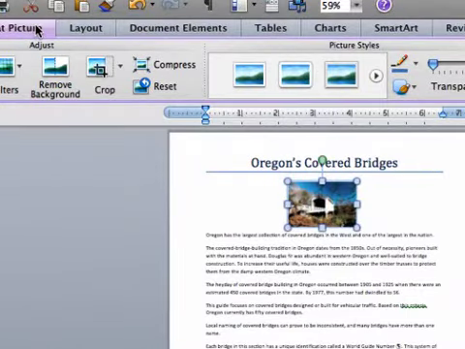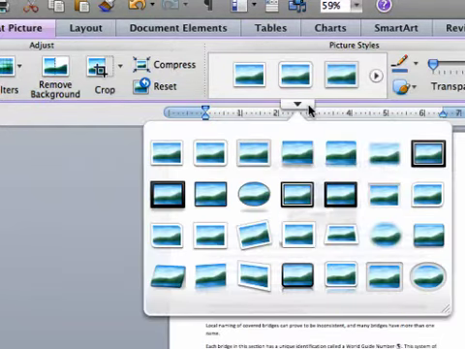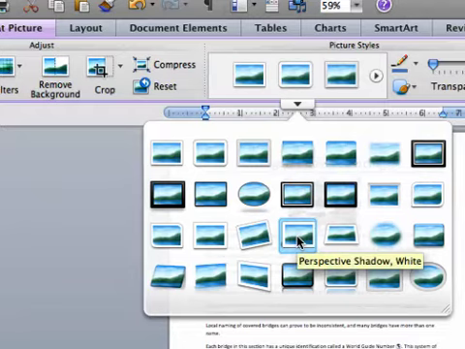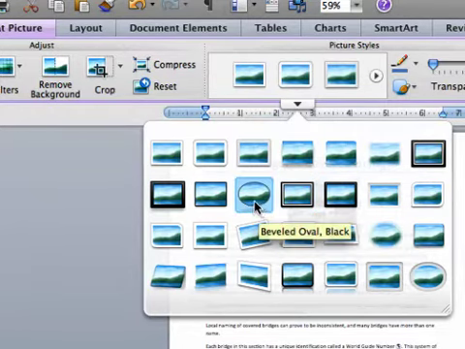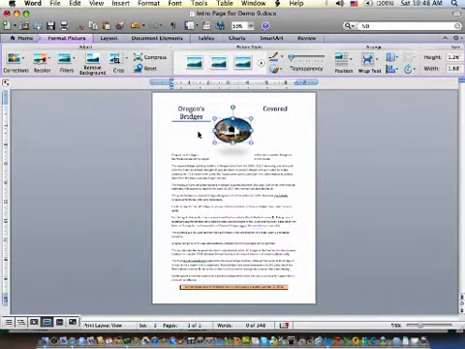Another thing you can do with pictures that's built into it is format the picture to a particular style. So we can do all sorts of things with the picture. You've got to be careful because every time you do something like this, it may affect the text that's there because you're adding more space. For example, if I pick this oval right there, notice what it did. It's got a shadow down here that affects things, and that just may not be what I want to do,